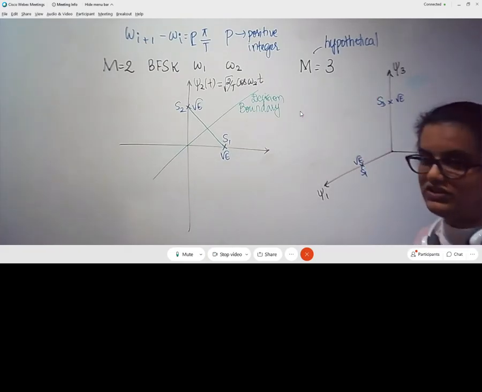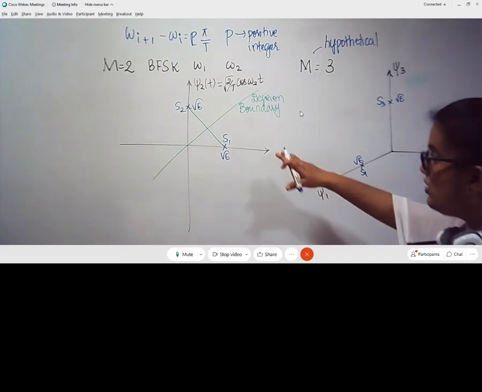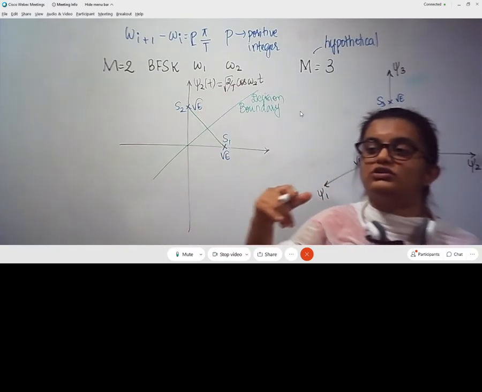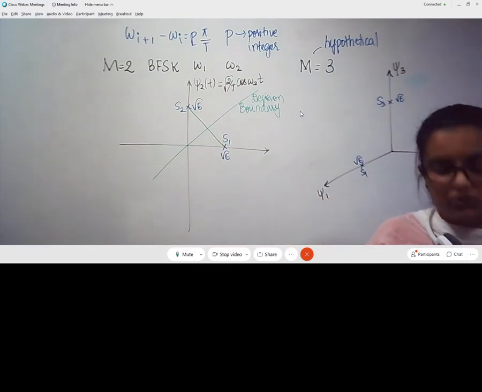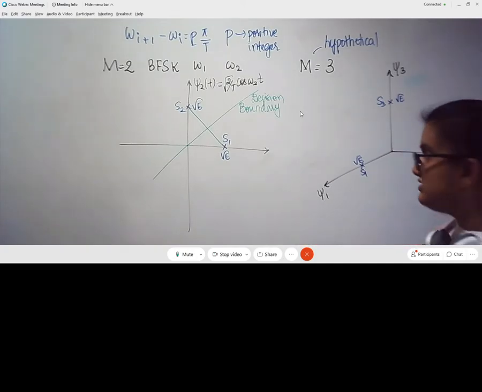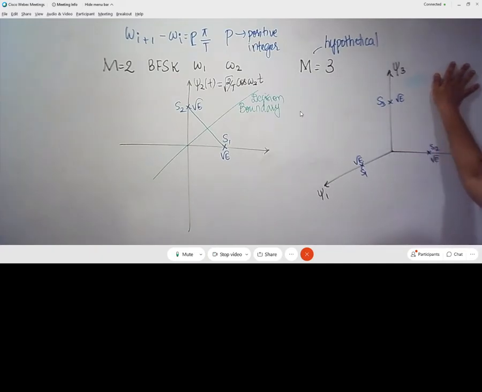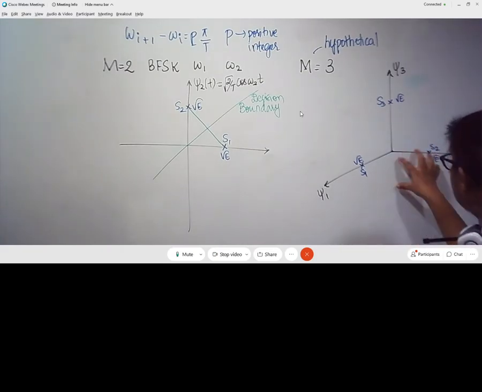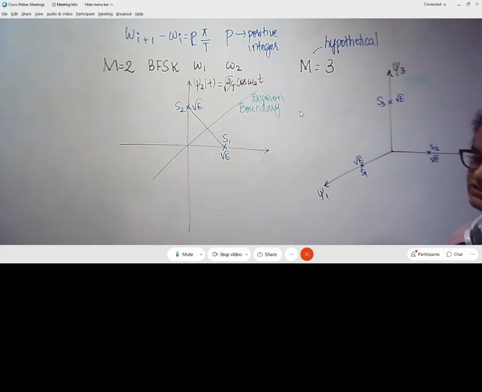we are making use of this to give you an understanding of what will happen for the m value in FSK for values greater than 2. And the reason we are not going with 4 is that 4 cannot be represented on a two-dimensional plane, or I cannot show it in a diagrammatic manner. So therefore we are only fixing to the representation of m is equal to 3.